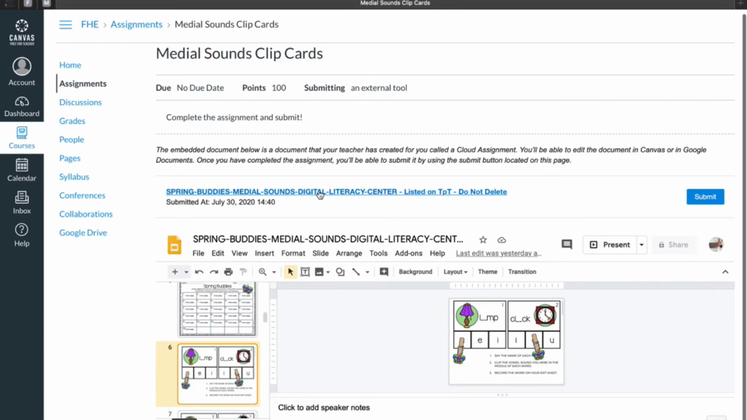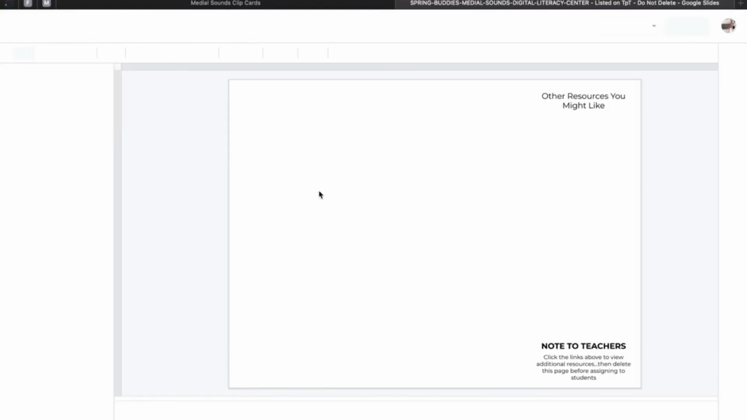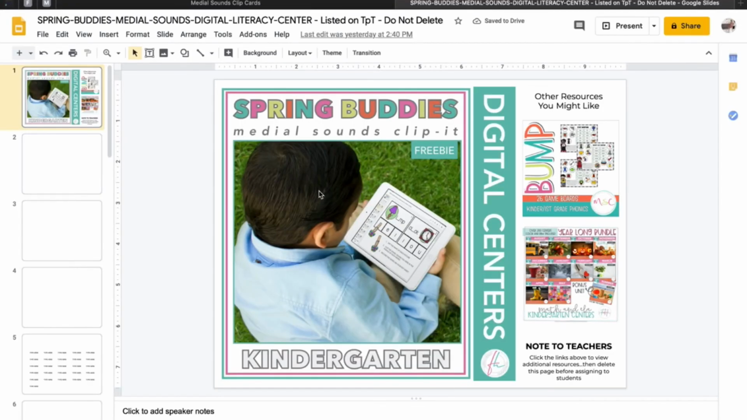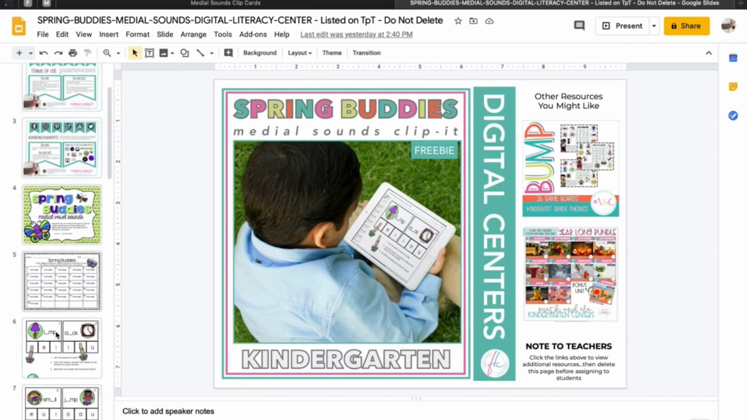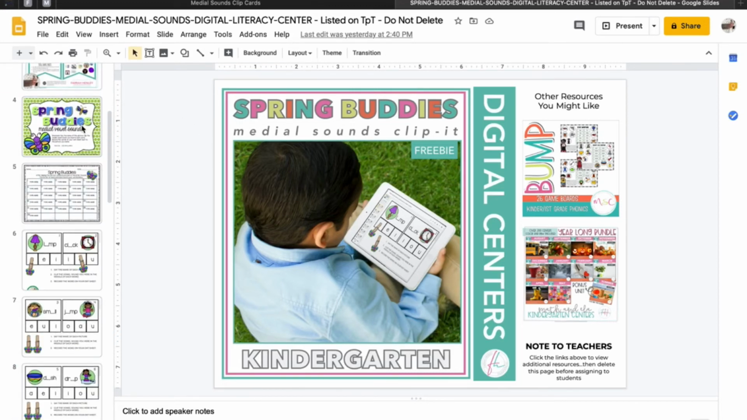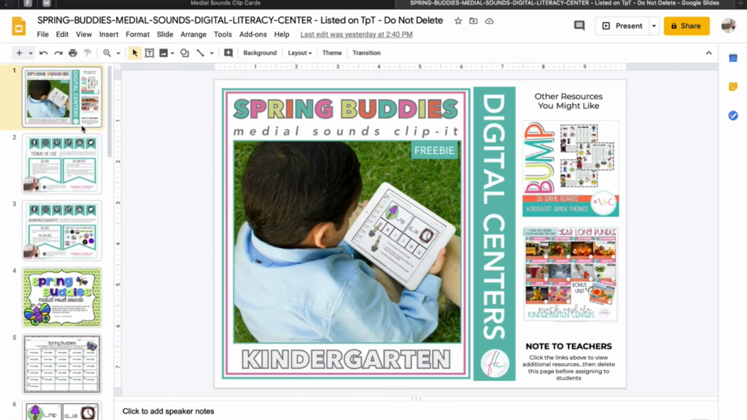If not, they simply click on this and it will open it up in a new browser. But notice my students logged in and they didn't have to go to a Google Drive. They didn't have to go find the assignment or anything like that. It opened a new window, and when they're done, now this is where it gets tricky, because when this does